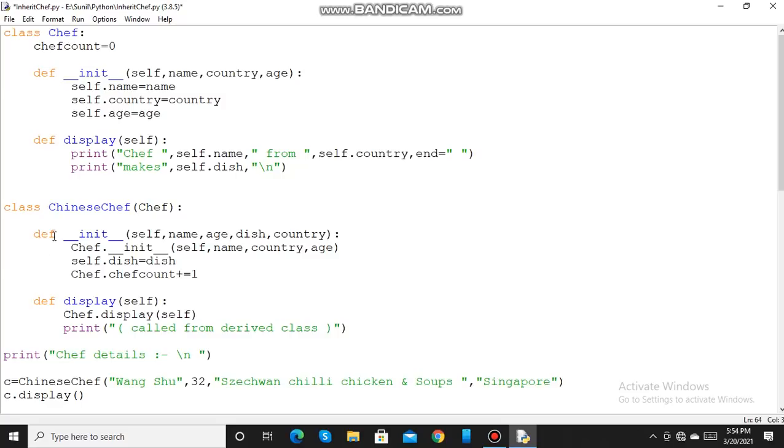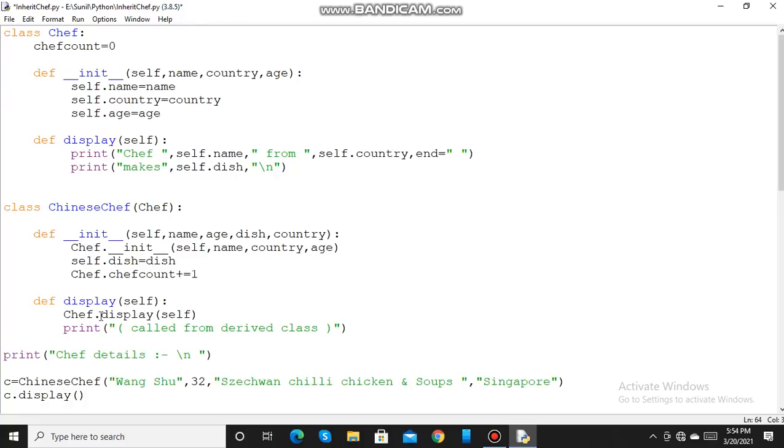That is, the method from Chinese chef class is called. So when you have two methods with the same name in the parent class and the derived class, the method of the derived class overrides the method of the parent class. So this is called method overriding.